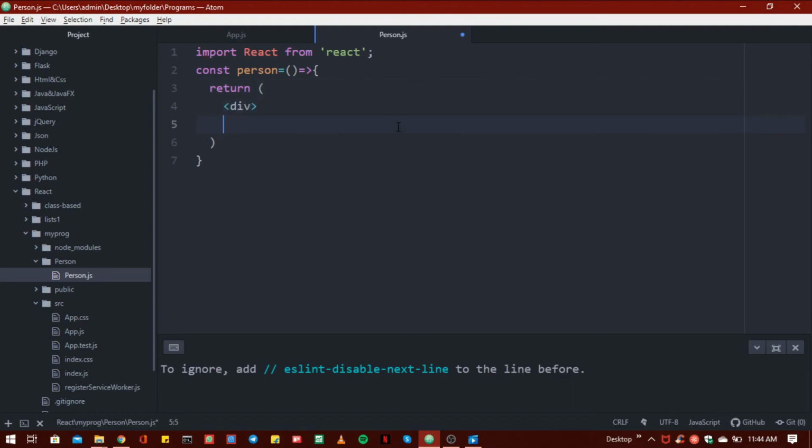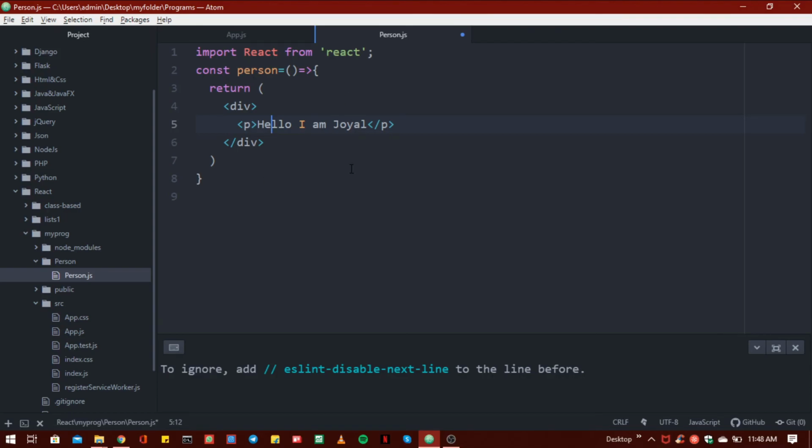Let's add a div component here. Inside that I have to add this p tag and write hello, I am Joel. Sorry, this is a typo here.